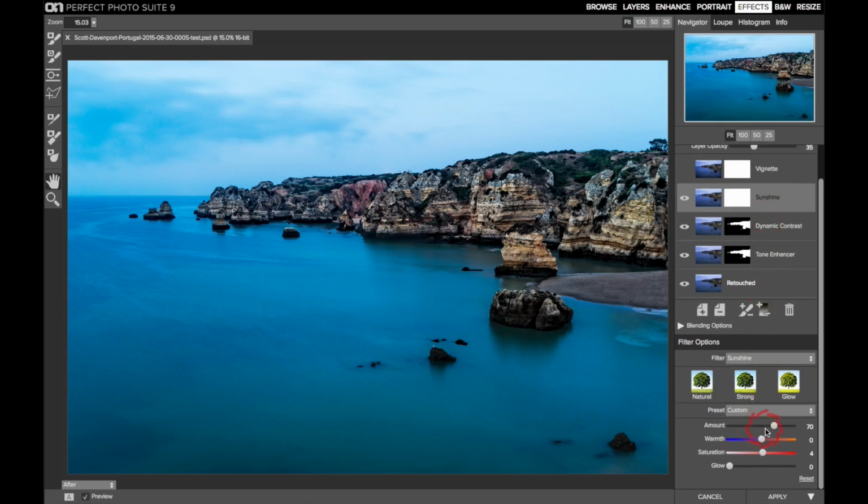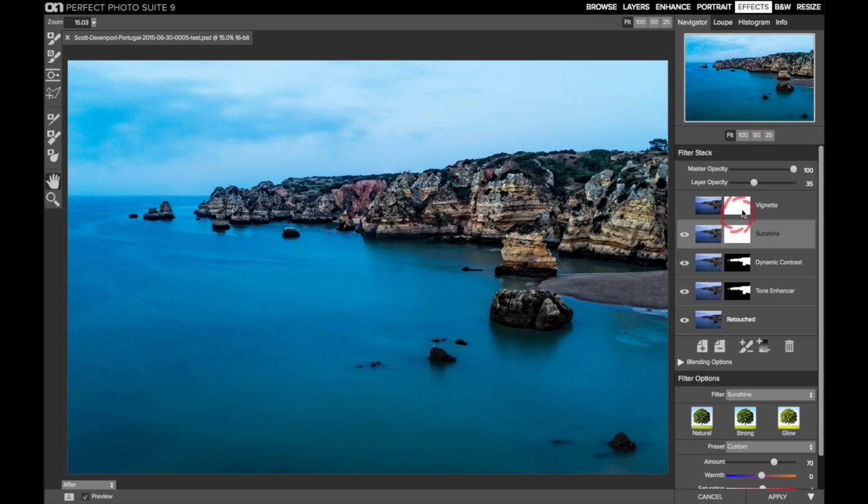You can see it brightens up just a little bit. You can see the amount slider's been moved up, and saturation ever so slightly increased. And that just adds, like the filter suggests, the look of more sunlight shining on this scene. If you saw the in the field video, you saw it was a very overcast day. You can see there's quite a bit of cloud cover here. And this was just enough of a touch to bring in the warmth and these oranges and yellows in the